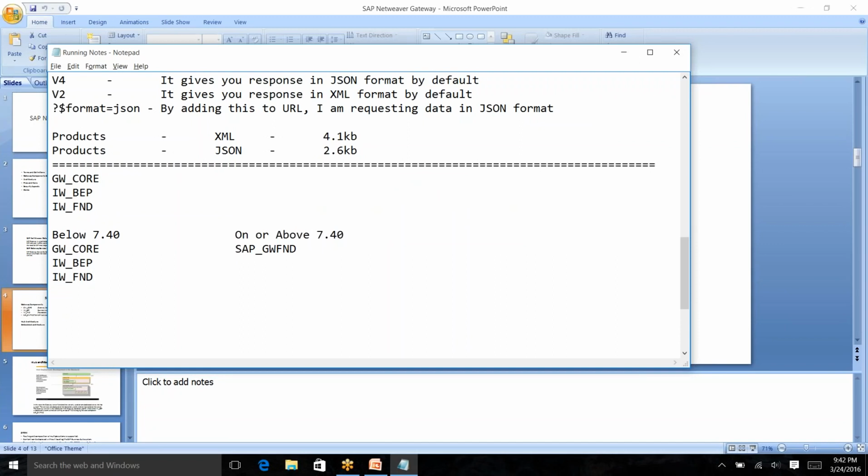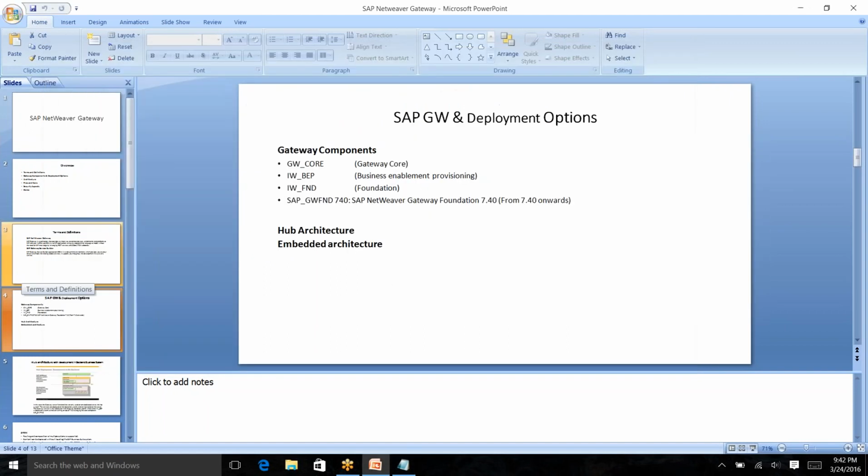The reason I'm talking about different deployment options is, let's say the client wants to build an OData service. Anybody could build an OData service. If you know ABAP and a little bit of RESTful or OData, and if you know Gateway Service Builder, you could easily build an OData service. Not a big deal. But if a customer approaches you and asks what are the different deployment options in SAP NetWeaver Gateway and what are the pros and cons, you've got to take a holistic view of all your systems in your landscape